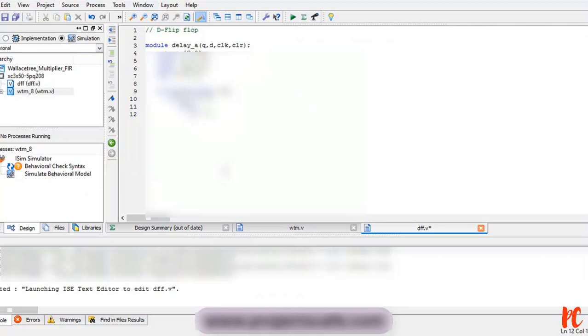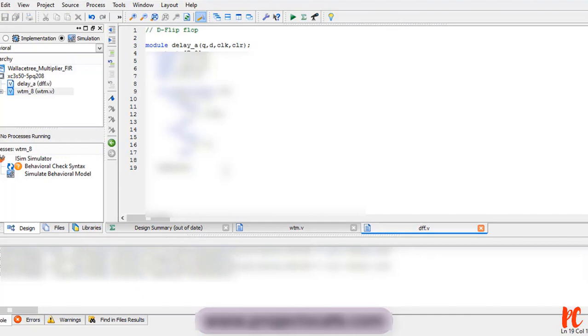So 8 tick d0, okay, and similarly else begin q is equals to d, and finally end module. Let me save this.